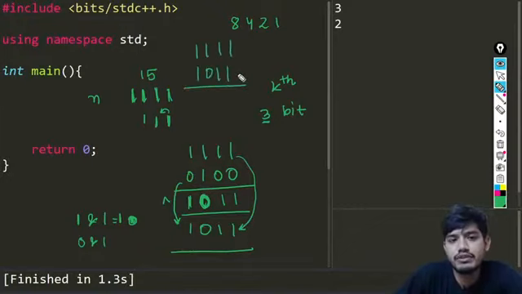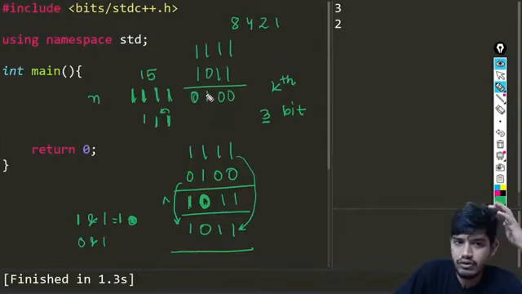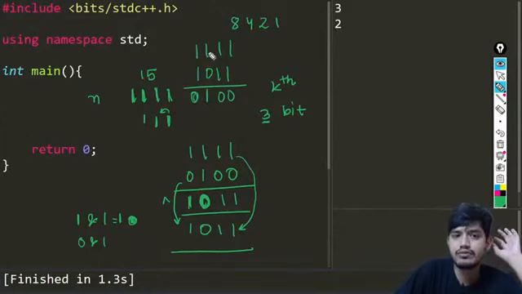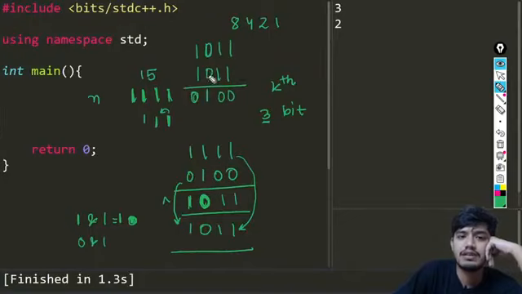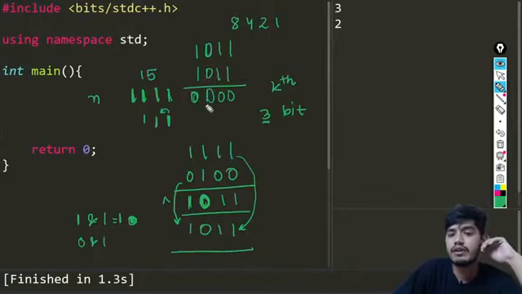If I take the XOR operation, you can see all values will be 0 except this one. So if we are getting non-zero values, you can see that the bit is set. Suppose this value was 0, then in that case you can easily see this value would become 0. Okay, so that is the approach that we are going to be using.